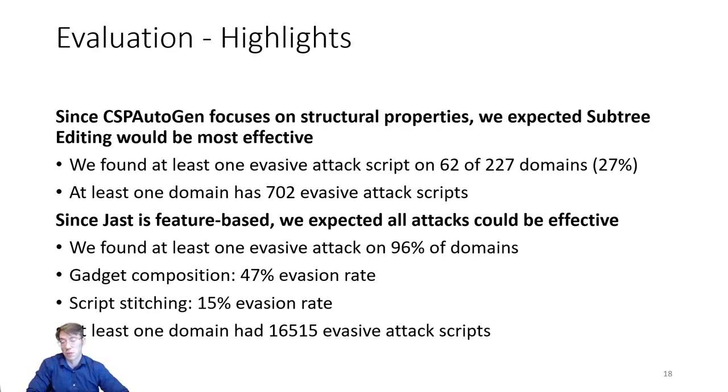We found that about 27% of domains could have at least one evasive attack get through the classifier, and there was at least one domain with over 700 attacks that could be generated. We found at least one domain in the attack against JAST to have far more than that, almost over 16,000 examples, and